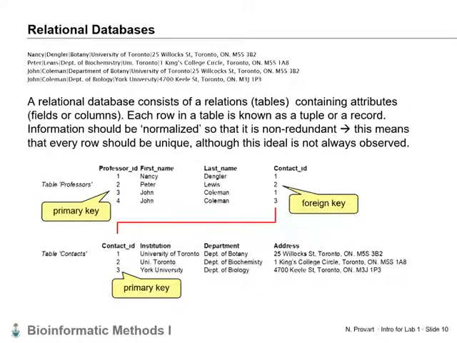One common way to do this is to use a foreign key to link tables. In the first table we've got the table of professors, and we've got a link to another table of contacts down here via a foreign key to the primary key of the contacts table. And so in fact here we would only represent the Department of Botany once in the table of contacts